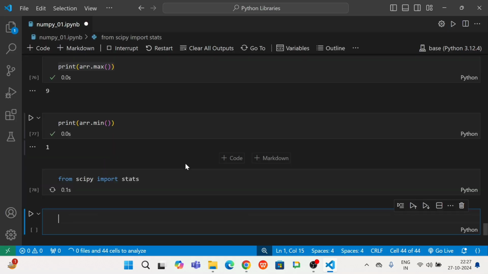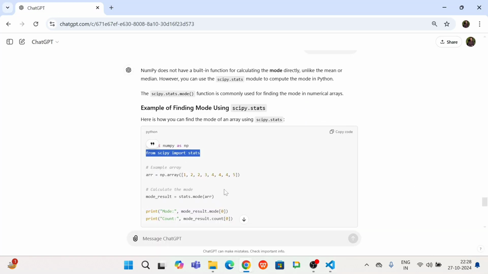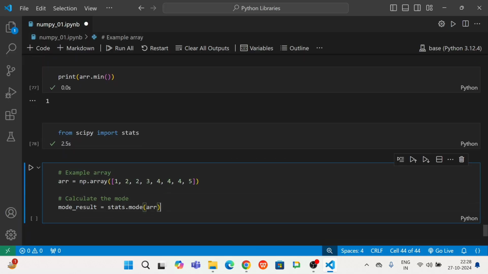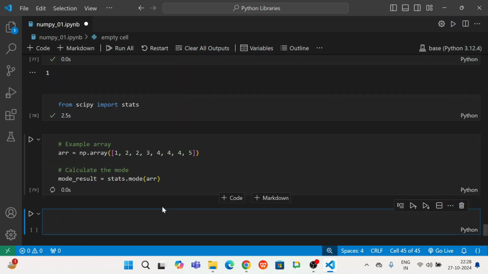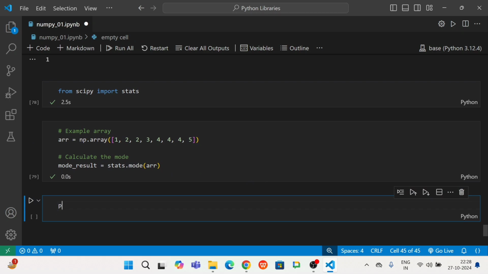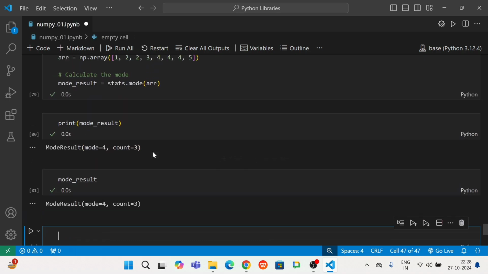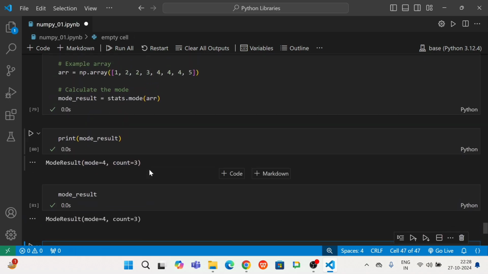okay. I will be importing this, then for calculating it, very same thing what we have done for the median, in the same way array is created in numpy, then for result you are passing that array in the mode and you will be getting, हमें print भी करना होता है। और मेरे ख्याल से जुपिटर नोटबुक में सिर्फ मोड रिजल्ट लिखा तो भी प्रिंट होता है ना। होता है, इसमें भी होता है। अच्छा ऐसा होता है, काउंट भी प्रोवाइड करता है, वेरी गुड, क्लियर।